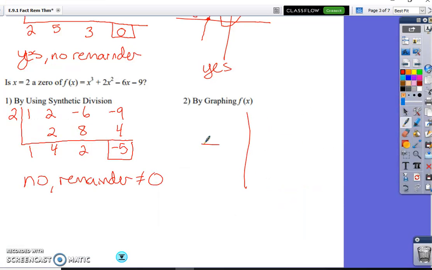Again, what we're looking at there is a graph that looks something like this, and this right here is not at 2. And that would be the only one that could possibly be there since both of these crossed at a negative point. But that gives you an idea. So that's why it's a no by graphing. You need to know how to do both of these, by graphing and by using synthetic division, so that you understand your two different opportunities there. Okay,